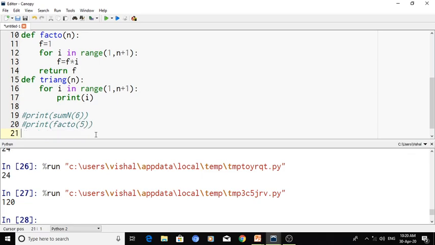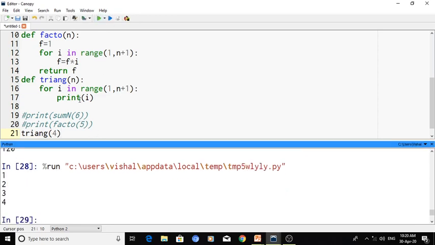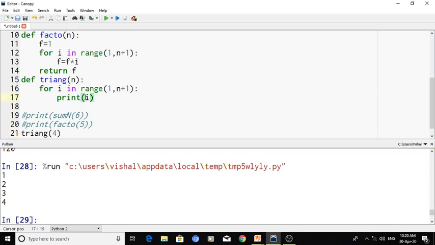If I call this, what will it do? It will print 1 2 3 4. Now I will modify this print function. So this is the string and this is the integer and this is the operator star.